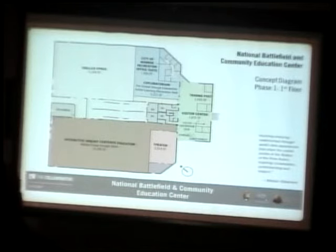So here you see, as we got more into it, and the Collaborative did a good job of hearing what the space needs were and then trying to fit them into the shell of the building as it is. And so they did end up phasing it. This is the first phase, which would start with the visitor center in the front. This would not just be a visitor center for the national park, but a visitor center for the entire region and all the amenities. Things such as Sterling State Park, the Detroit River International Wildlife Refuge, the